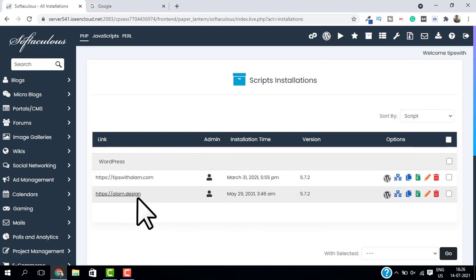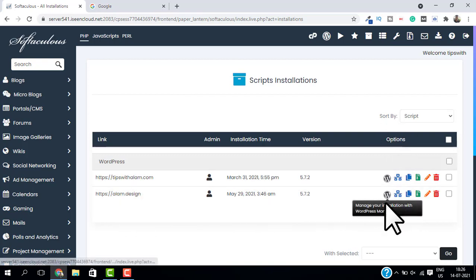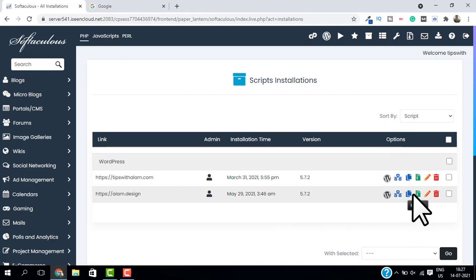Just select the website you want to delete, and from the options you can see you have so many options. You can clone the website, you can take the backup of this website, you can edit the details by clicking on this pencil icon here. So to delete the website, just click on this delete icon